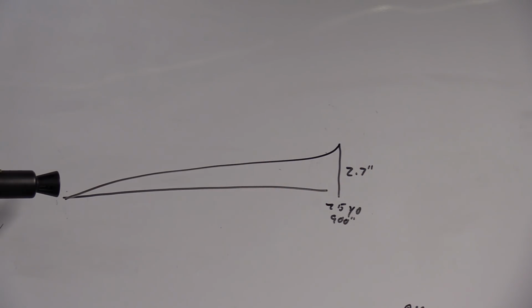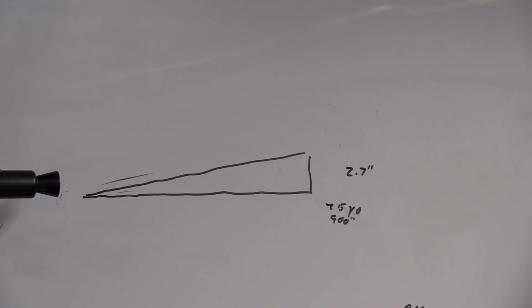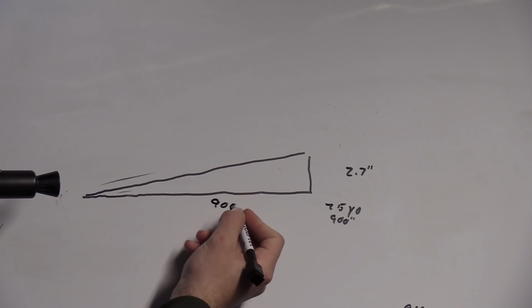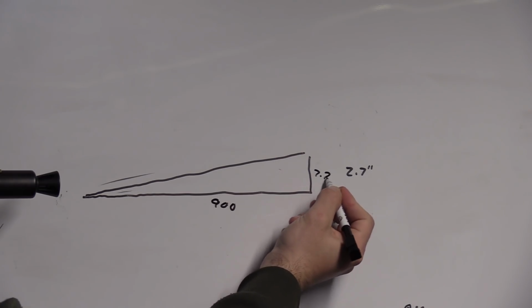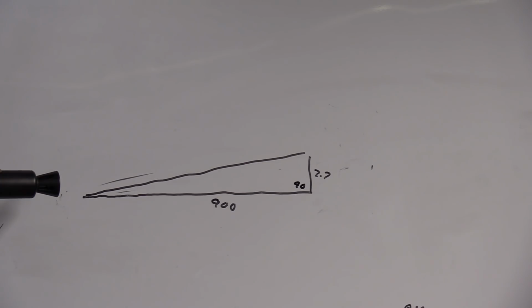We then see very quickly that if we take this away, right here, we end up with a triangle, and that is the worst triangle I've ever drawn in my entire life, but you guys get the idea. See, I care about you guys. I took the time to redraw it real quick. So that means this leg is 900, and this one is 2.7. Of course, this is 90 degrees. And now, guys, look, this is pre-calculus, this is trigonometry type stuff. And we end up with a theoretical barrel angle of